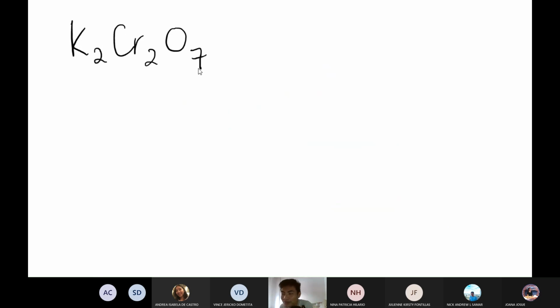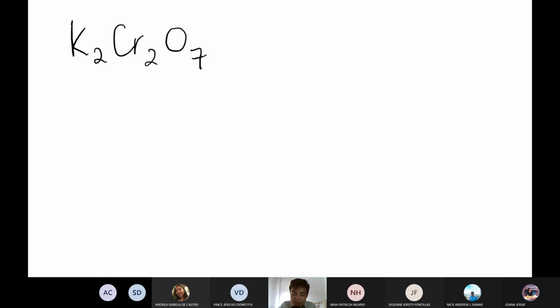Okay, so for potassium dichromate, let's find their oxidation numbers. Okay. So we have an ionic compound here. K is metal. So that means yung katabi niya non-metal. Ay sabihin ionic compound to. Automatic yan, ha. Pag may metal ka makita diyan, ano yan? Ionic compound yan. Okay?